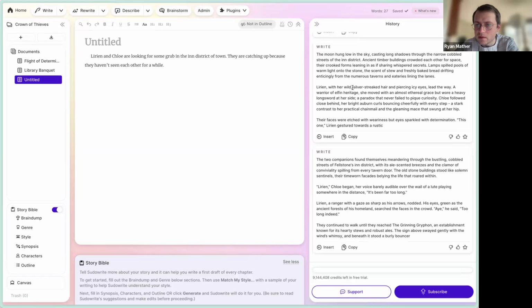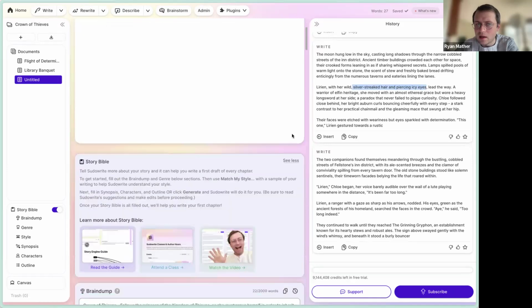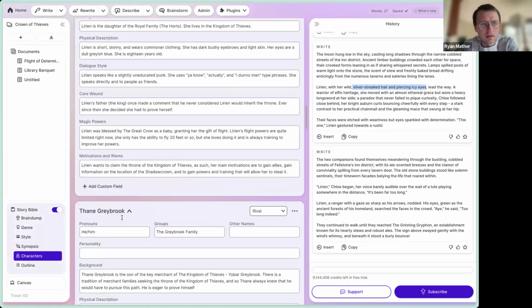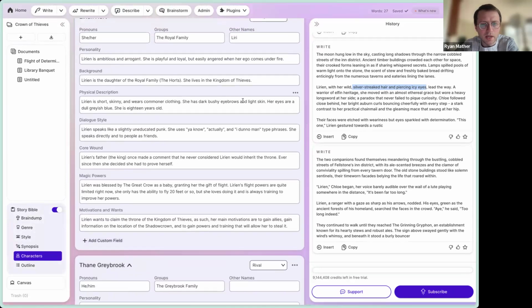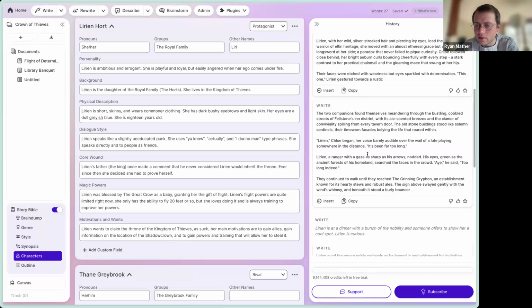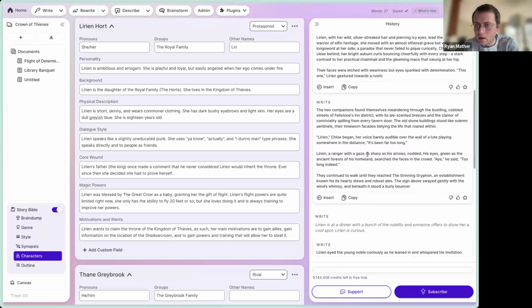Lyrian with her wild silver streaked hair and piercing icy eyes. I've actually described Lyrian differently. She has dark bushy eyebrows and dull grayish blue eyes. So I'm not sure if it's getting too compressed or if